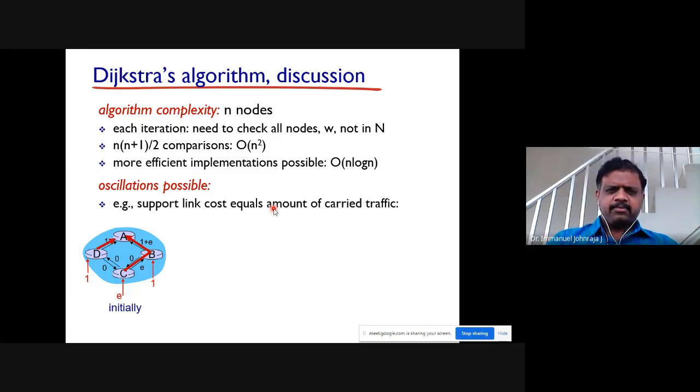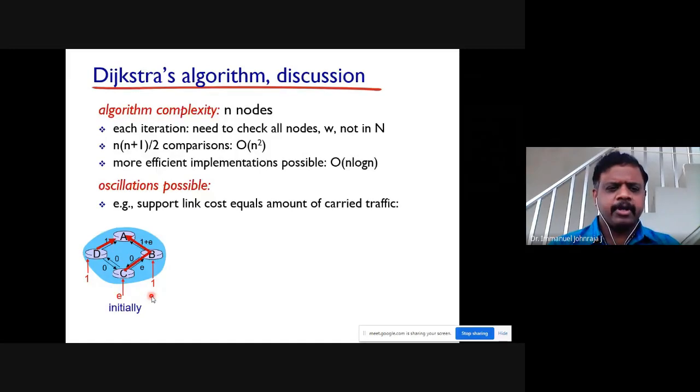All right. What's the difficulty here? What could be the disadvantage or the downside of Dijkstra's algorithm? Dijkstra's algorithm probably can go for oscillation, right? What I am going to explain to you is a little different from what I have explained to you so far. Here you can see on the left hand side there are four routers which are connected in a circular way. Okay, A, B, C, and D are their names, and you can see that they are connected using two different links. You don't have only one link connecting them, two links.